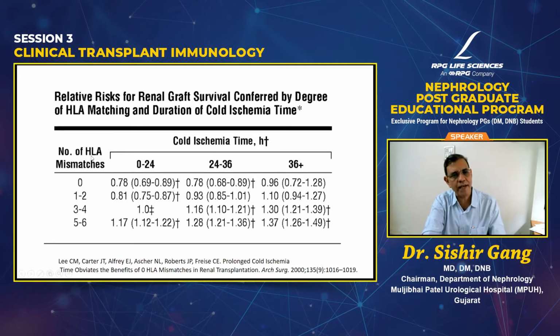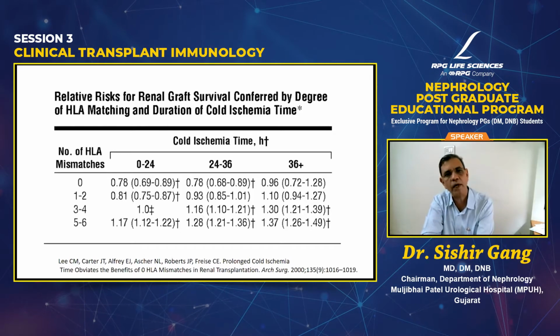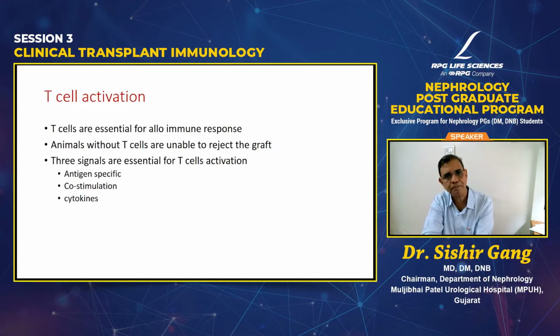Of course, if the HLA mismatches are much more, and if there is a prolonged cold ischemia time, more injured tissue is available for the innate immune system to send responses to the adaptive immune system, and therefore the graft survival is reduced. So all in all, we must realize that we must reduce as much as possible the innate response. Currently, there are several methods being developed to modify the graft to reduce the response of the innate immune system, though currently it's not clinically available.